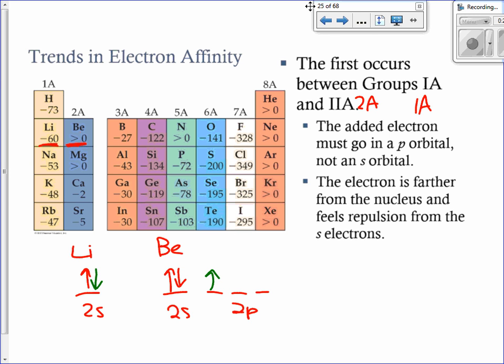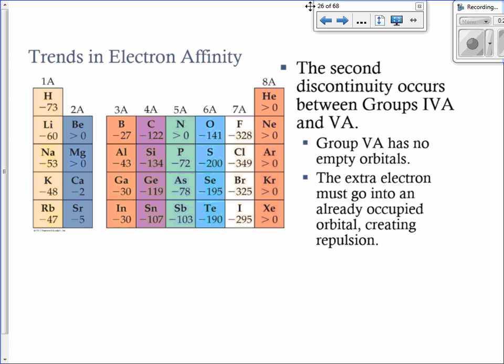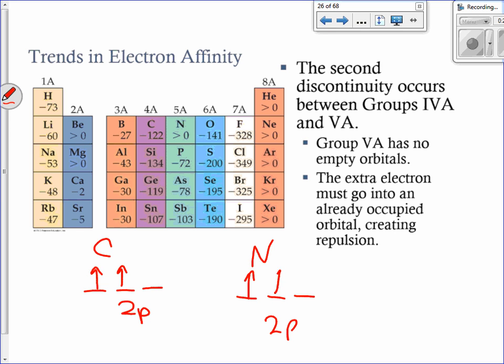The next exception, as you can see hopefully up here, occurs between the carbon group and the nitrogen group. And it's kind of the same arrangement if you look at the orbital diagrams, look at where you're gaining them as to why there might be a slight discrepancy there. So if I'm looking at carbon, 2p, carbon has 2. Looking at nitrogen, right? Nitrogen has 3 in there.